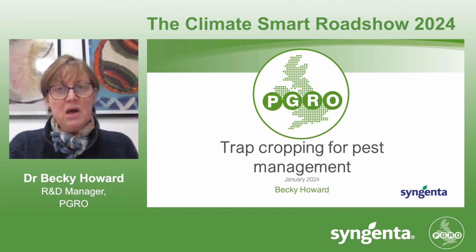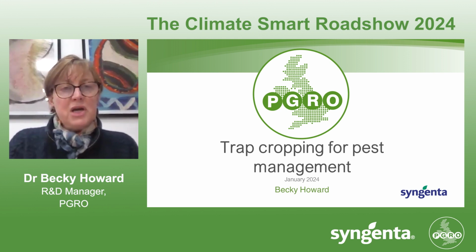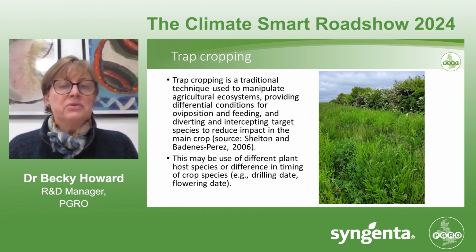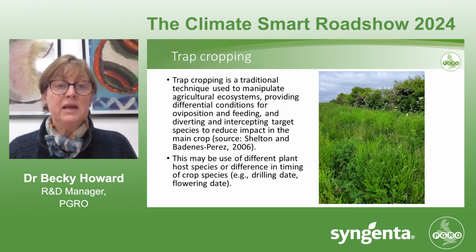So in a short time, I'm just going to give you the general themes that are coming from the 3 years of work, and there's further work to be done, but we do have some reasonably strong trends that we can talk about now. Trap cropping is quite a traditional technique, and it's used to manipulate agricultural systems. So what trap crops can do is provide differential conditions for egg laying, which is oviposition, and feeding. They can divert and intercept target species, and the aim of them is to reduce the impact on the main